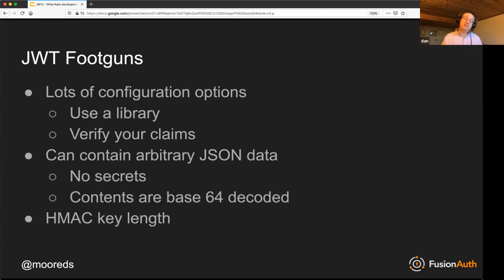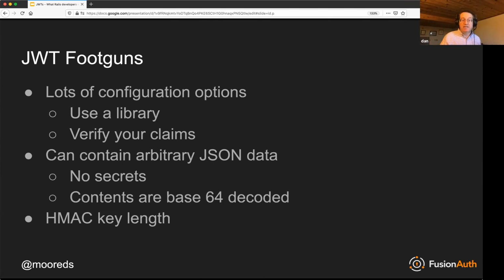The other thing I would say, again, is to verify those claims, right? And libraries can help you with this, but I haven't run into a library that has a default, super secure claims verification process, just because some of it's business logic dependent, right? But that includes things like verifying the issuer, verifying the audience. You could even look at the subject and see whether the subject is who you expect it to be or what the format might be, right? You don't want to just blindly take that subject and not treat it as user input, right? You want to do some cleaning up on that.